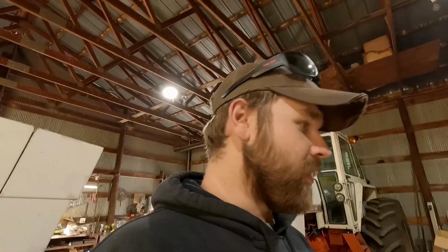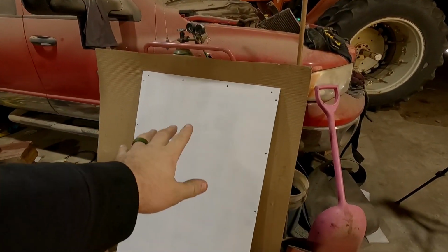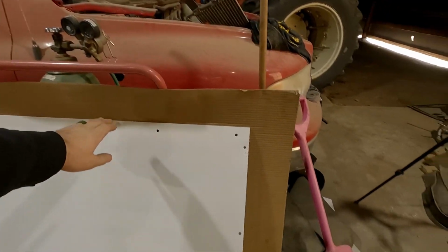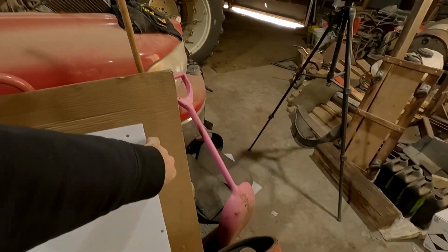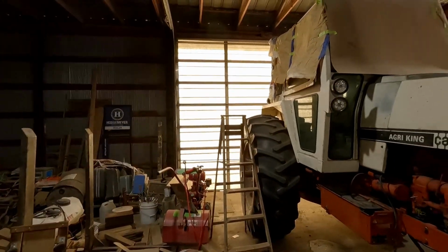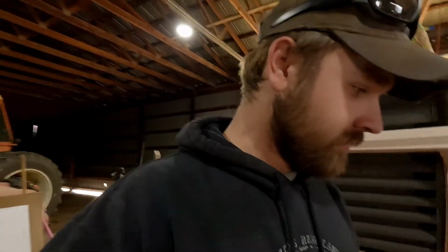It's been a few days here and I have let the primer dry on things. There's some dark spots on here because of the gray primer underneath. This side is gray primer, period. On the tractor top, I have white primer. That's what I had. So anyways, I'm going to try to get some white paint on things today